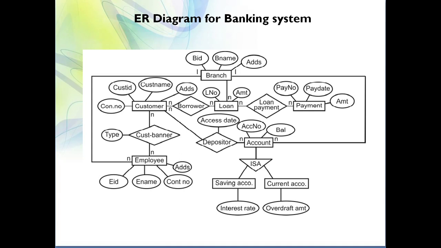Now here I told you what steps you need to follow while drawing an ER diagram. Basically there are three steps that we have seen. First, we need to identify what entities are involved in that system, what the attributes of those entities are, and what the relationship between two entities is. This is an important thing. And while identifying a relationship, there are three choices available.